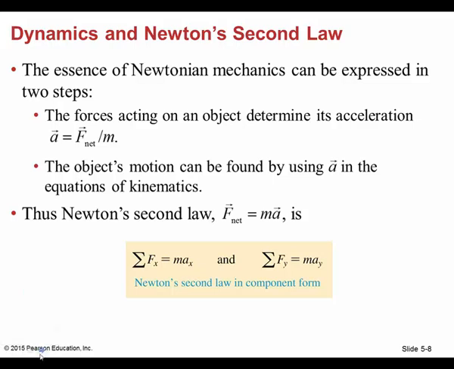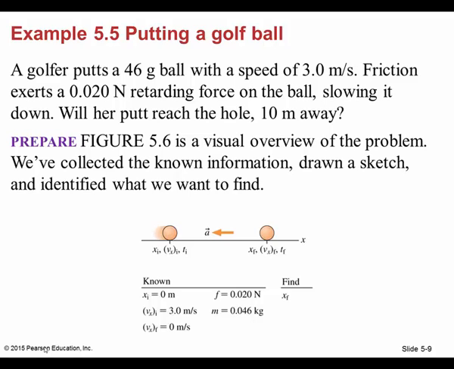All right, so if we look at a golf ball, we want to know if the golf ball will make it to the hole. A putter puts a 46-gram golf ball in motion with a speed of 3 meters per second. The friction exerts a 0.02 Newton retarding force on the ball, slowing it down. Will her putt reach the hole 10 meters away? Okay, well, the first thing we've got to do is draw all of our